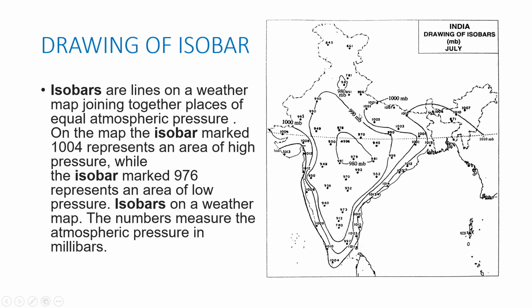But here I have taken 3 points separately and I have demarcated 980 MB. See, here is 1000 MB and 1010 MB. The process of drawing this isobar is the same as contour, isotherm and isohyet. Just you have to find out the points which can lie between the numbers, and the lines which you have to draw will be mentioned in your question only.